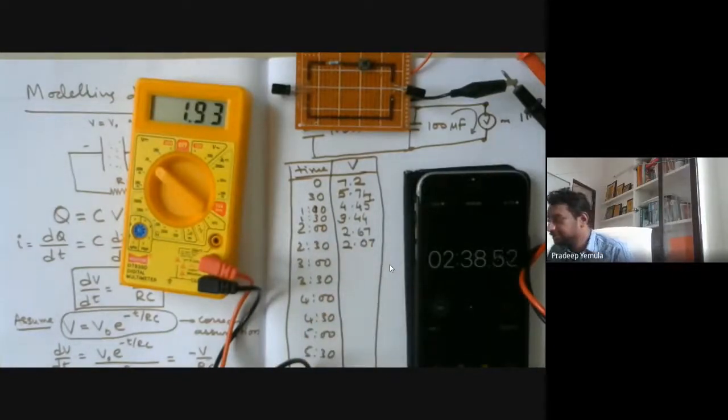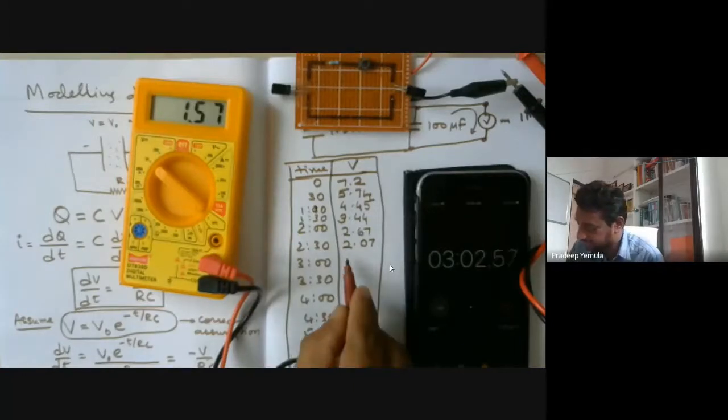So we are getting the readings now. Let's wait until 3 minutes. Yeah, so 1.6.